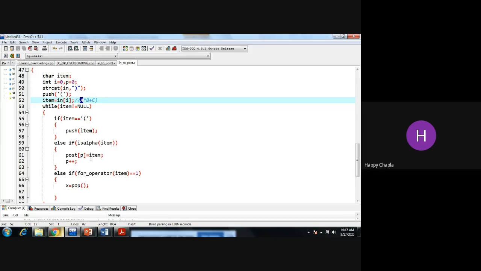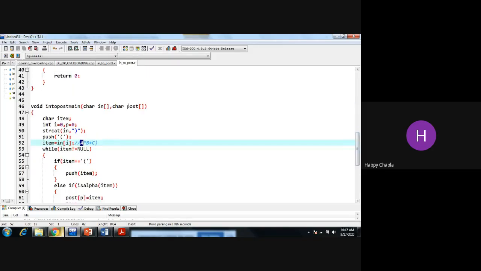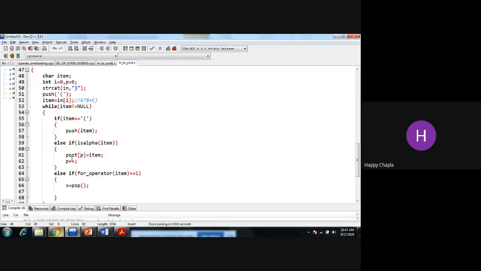If yes, then you need to add it into the output array. Okay, so this post is my output array, and then increment it by 1. So next time, the next variable or next operand, I am directly inserting at that position.